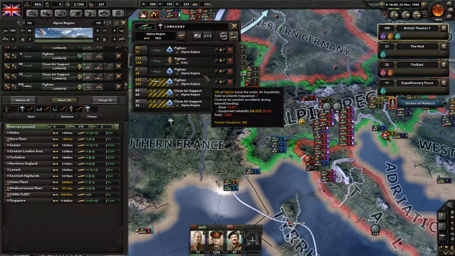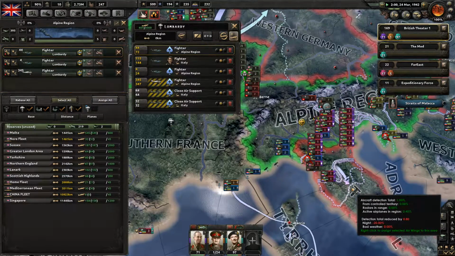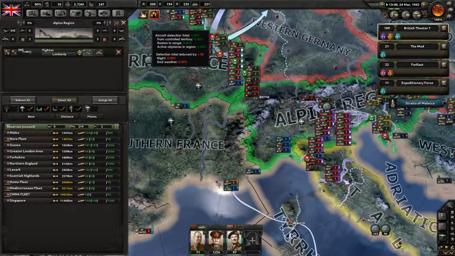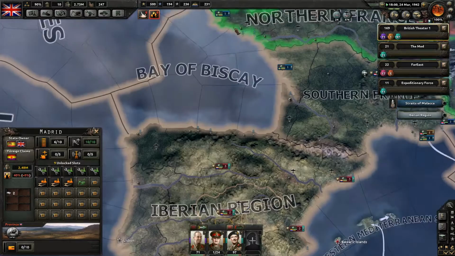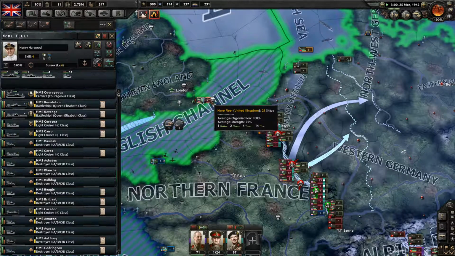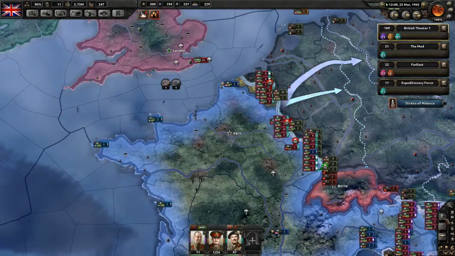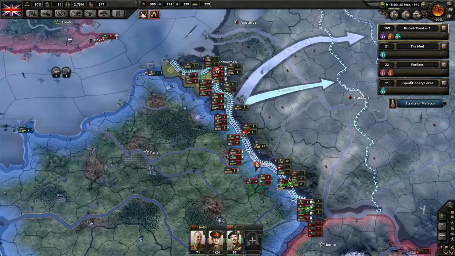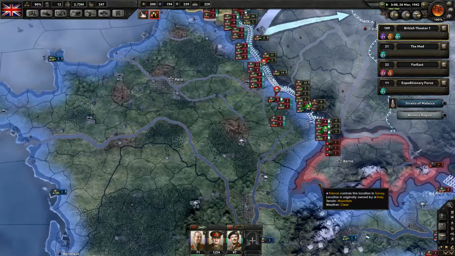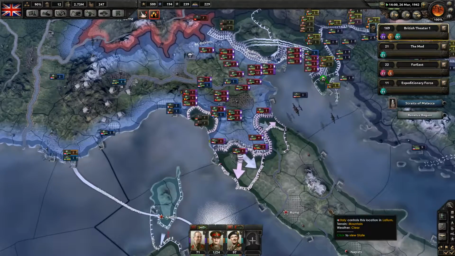Send some of these over Italy. Check our fleet's repairing okay and not getting bombed. And there's the timer. So let's just have a look at what we've got here. We're just starting to liberate, and we're more spread out now, so I'm conscious of that. We'll probably take a few of the